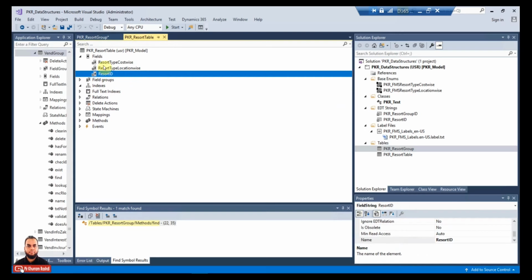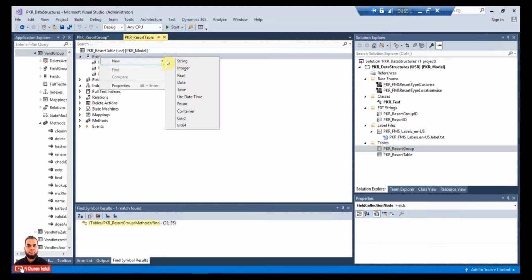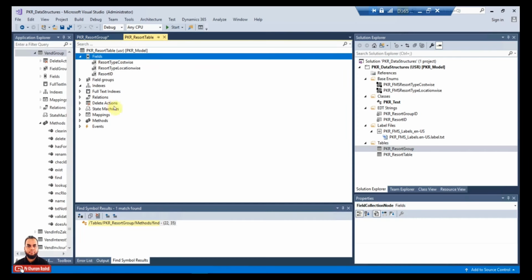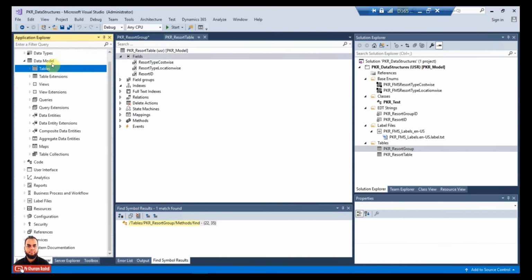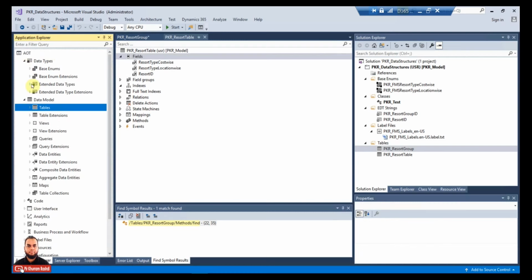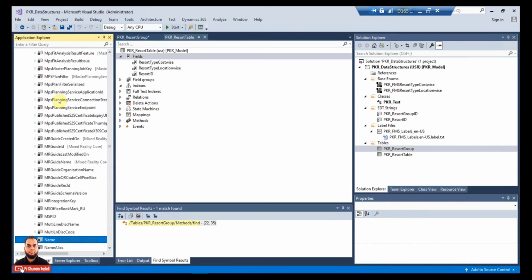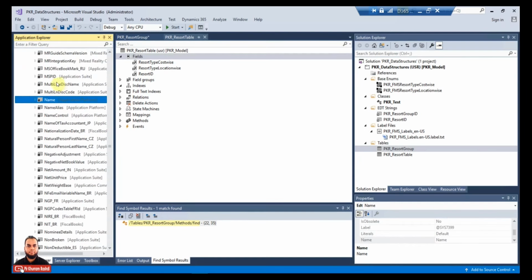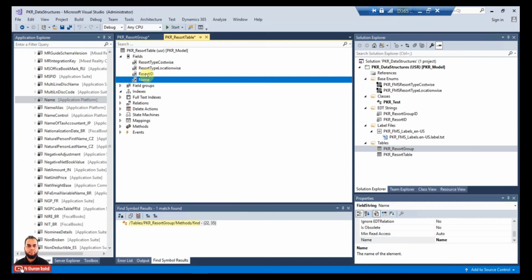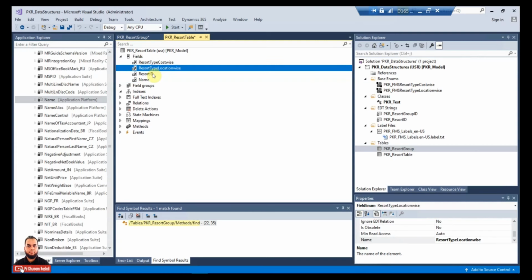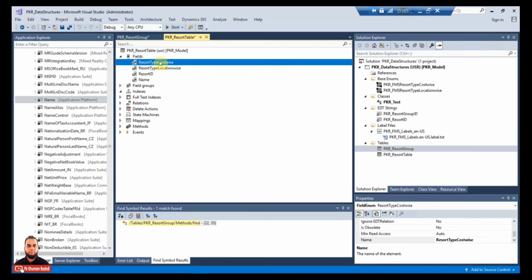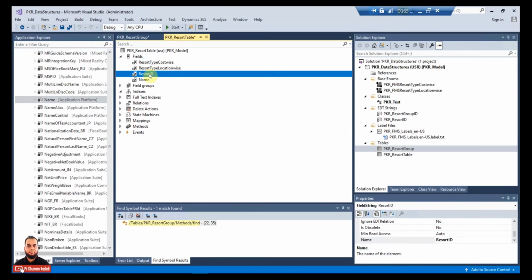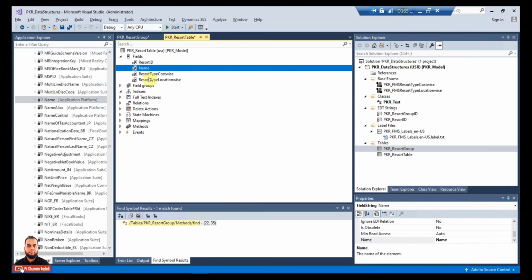Okay, and I just need to put another field here, and that also I can just replace, just drag and drop name field. So this will now contain resort type. There are two fields, cost wise and location wise. Resort type, resort ID. I can just correct the sequencing by Alt and up arrow and down arrow, and then